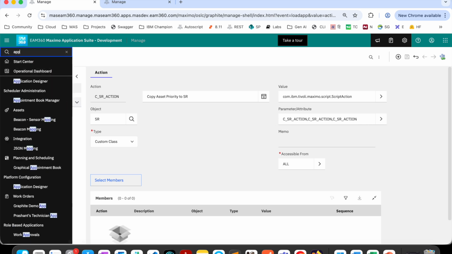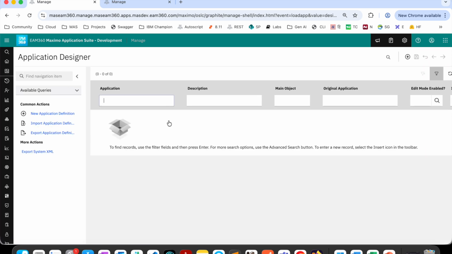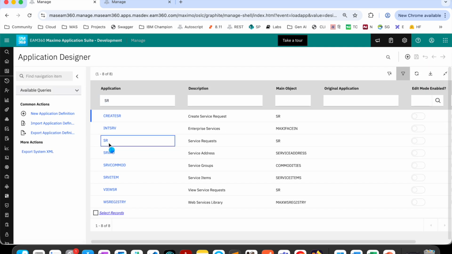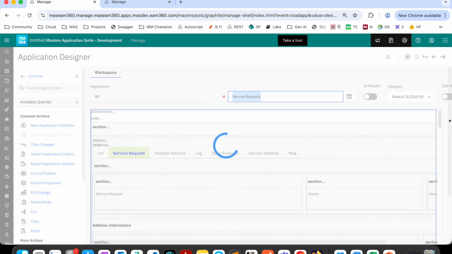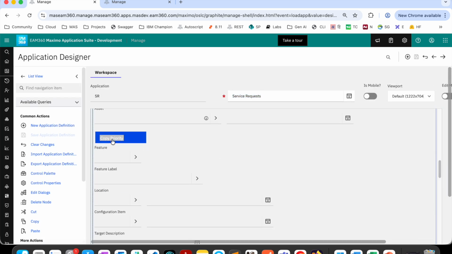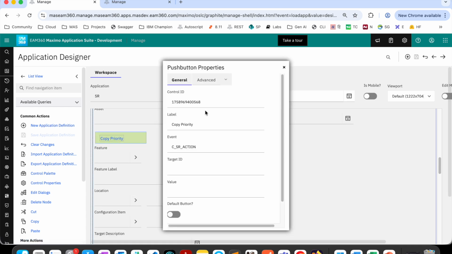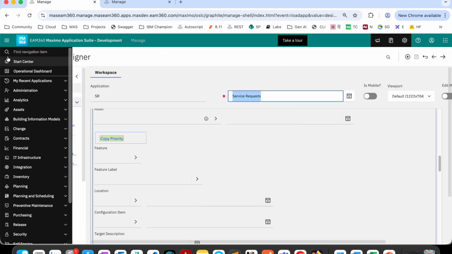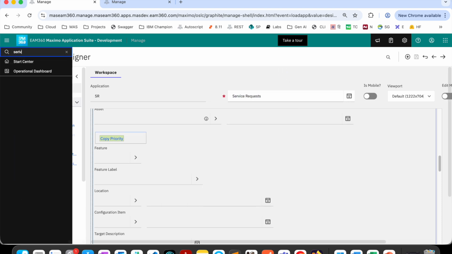And in the application designer, I go to the SR application. There is a button which we have created, and in this button, nothing fancy, we are just giving the name of the event. So this is the same action which is created, right? So my name of the action is the same, my name of the script is the same, and I have associated it here. So now if you go to the service request application,